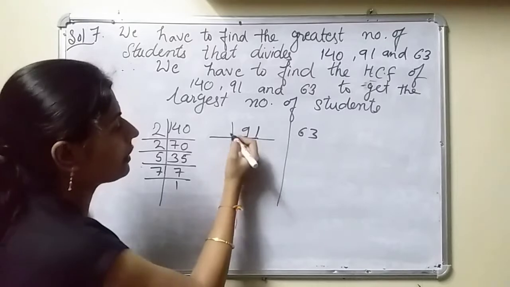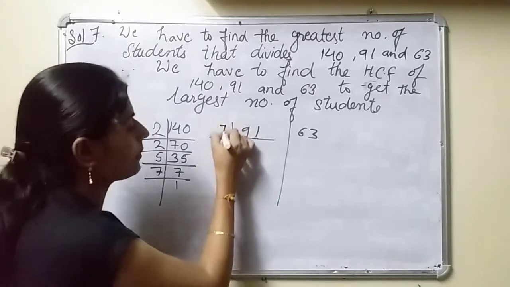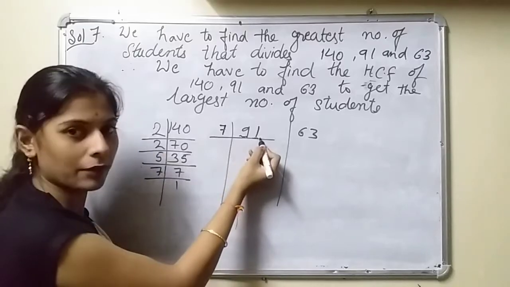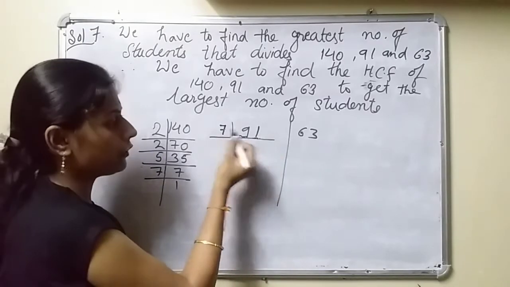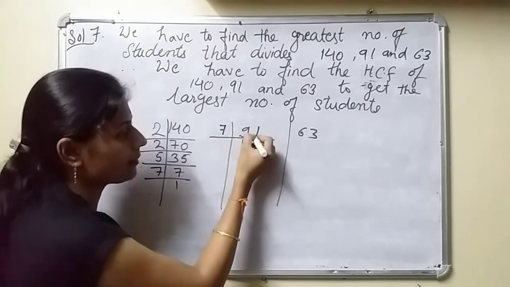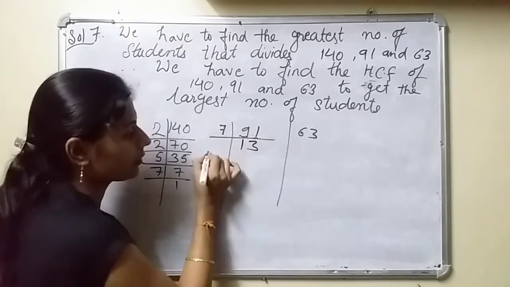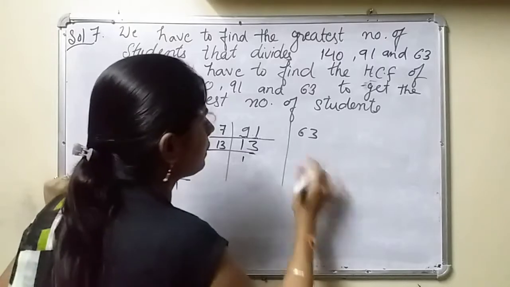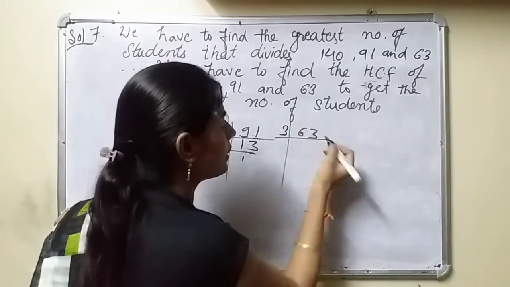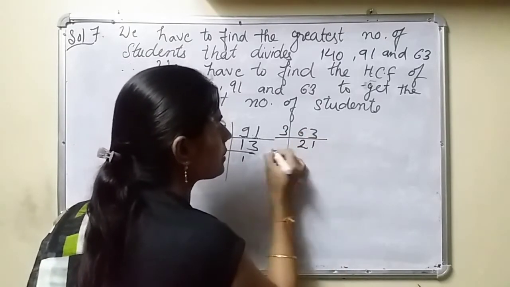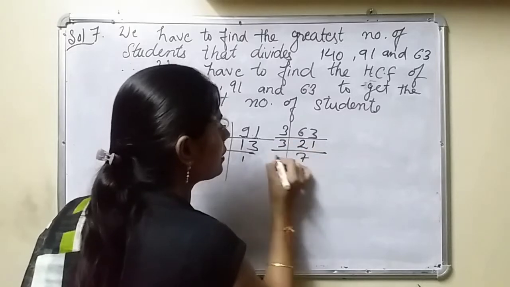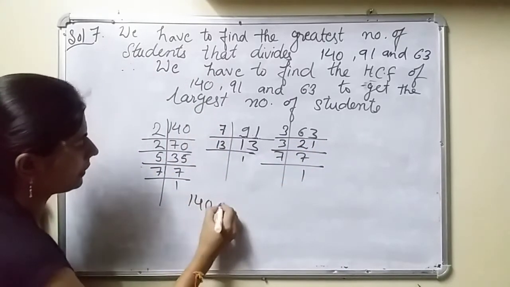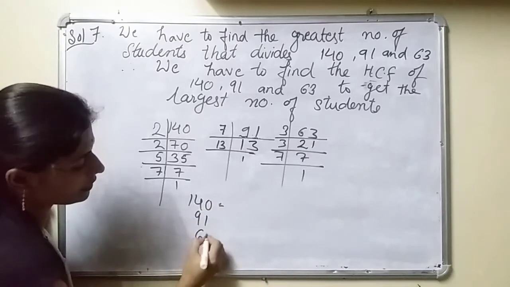So you have to take out by 3. 3 you cannot take here directly. You have to take out by 7, because when you take by 3, 3 3s are 9, 1 will remain here simply. Then you have to take out by 7. 7 1s are 7. Remainder 2, 13. 13 1s are 13. Now see here you have to take out by 3 directly. 3 2s are 6, 3 1s are 3, 3 7s are 21. Here 7.